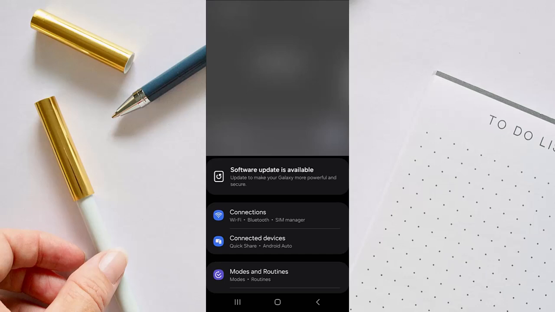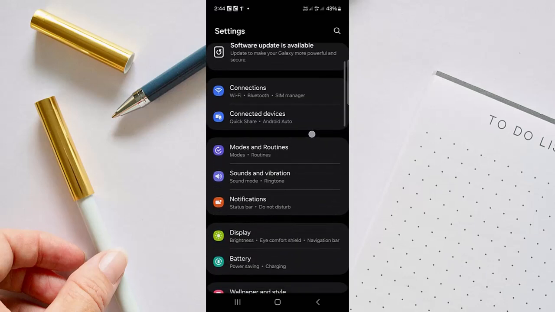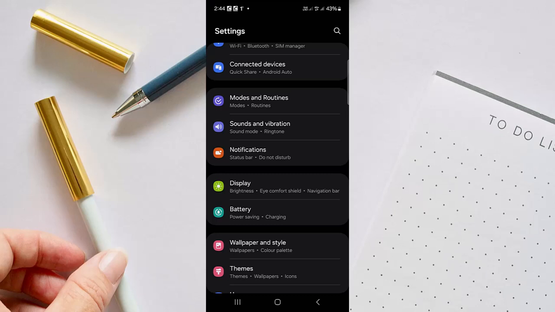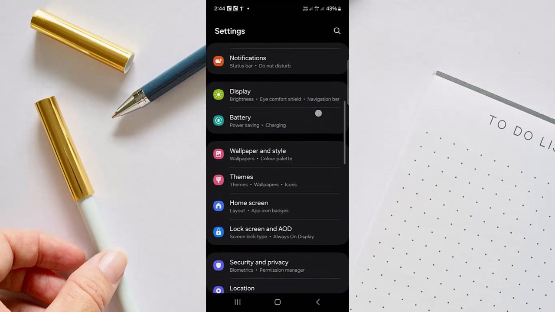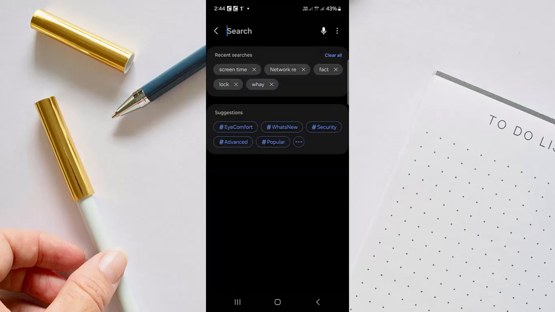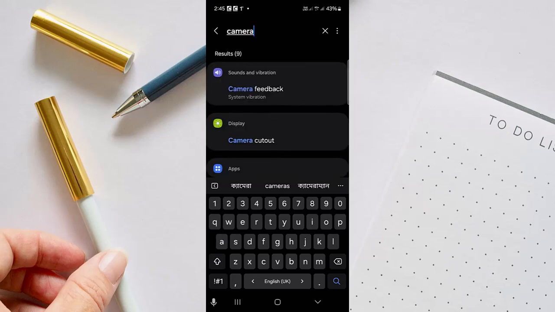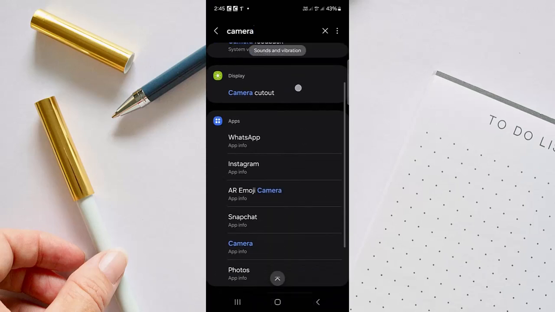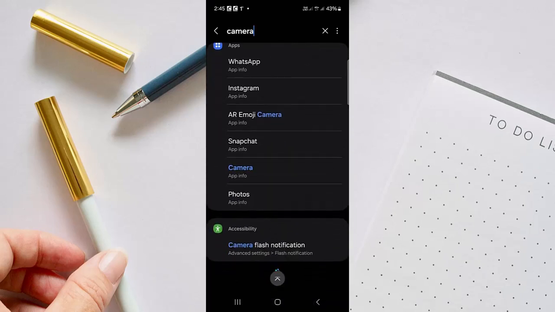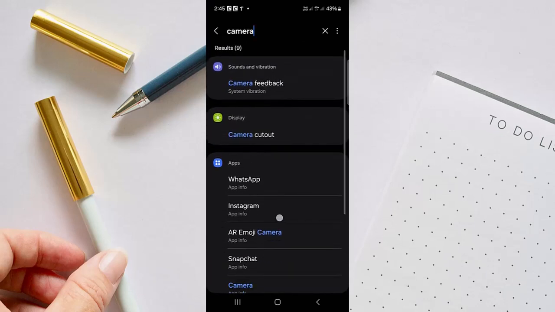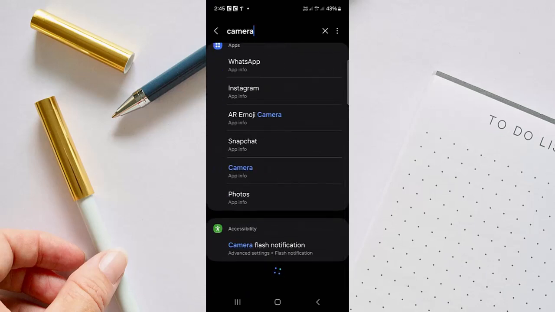So once you're in your settings, scroll down and find your app settings. So if you can't find it, you can also search it from here. Just write camera, and here you will find lots of camera options. So like in here, just go for camera,